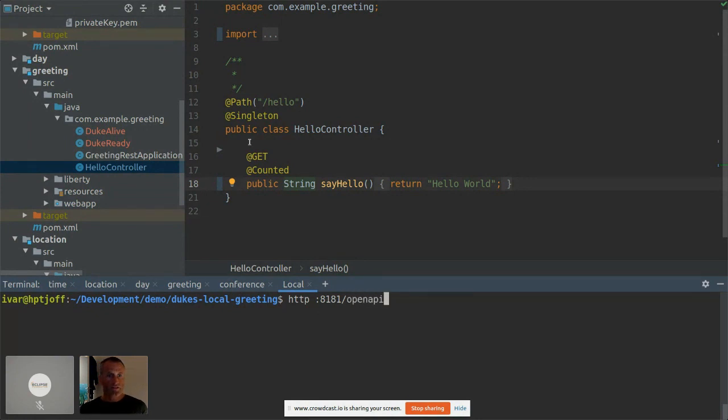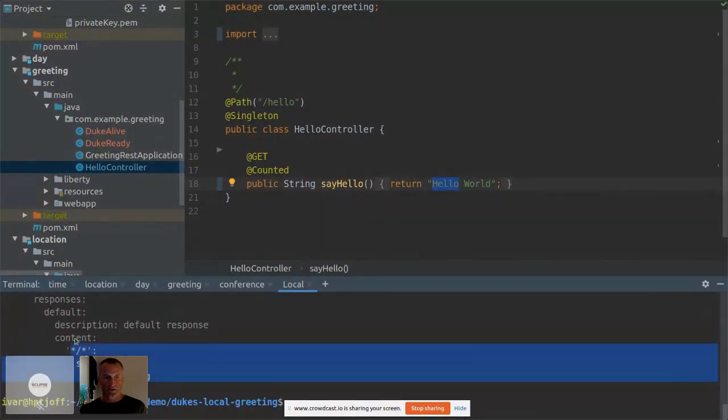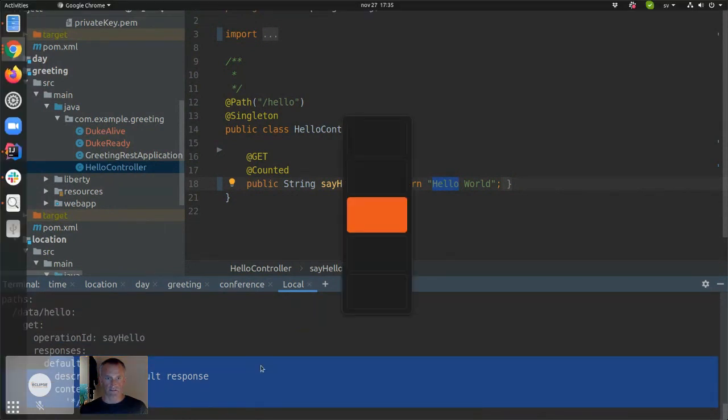And as you know, I haven't really touched this code at all, other than adding the liveness test. But what I get from here is the OpenAPI documentation, or the YAML that describes the API. And this is the sort of thing that Swagger is built on. So if I go to a browser with this,